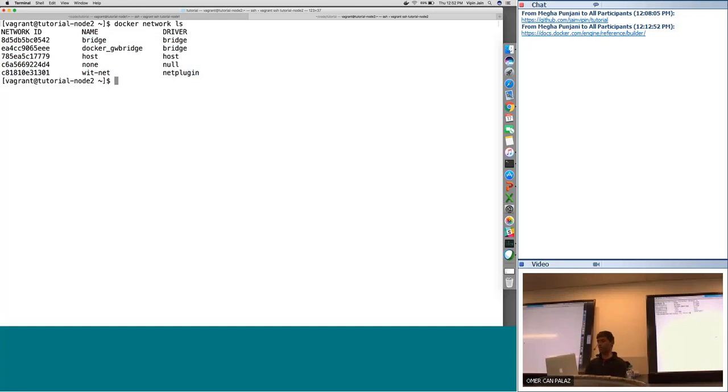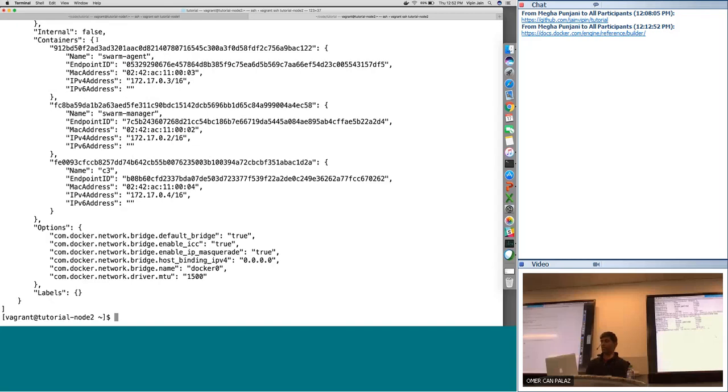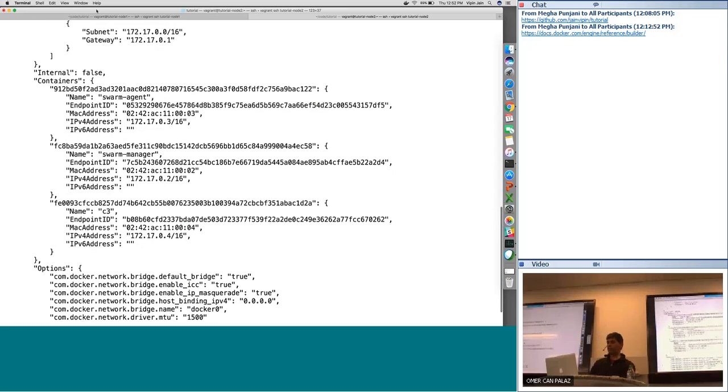In fact, we can still do that. If we do docker run, instead of C2, let me call this C3 now, and instead of having it belong to WIT-net, I'm not going to specify anything. So if I do docker network ls, and let me inspect a network. You know how it shows the containers that belong to this network.